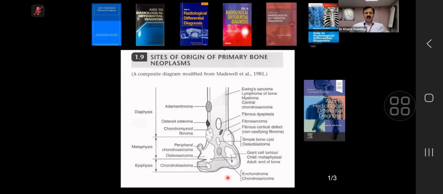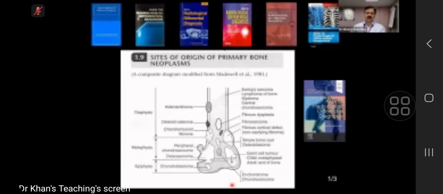So in any case, it gives you a good basis to develop your knowledge. And in the exam, my idea is that you remember this picture in your mind, and then when you get a tumor in the exam, this picture should be in your mind, and you tell the examiner according to the age, etc., and the location. Now, if you see, this is the epiphysis, this is the metaphysis, and this is the